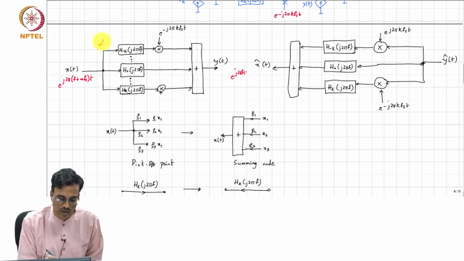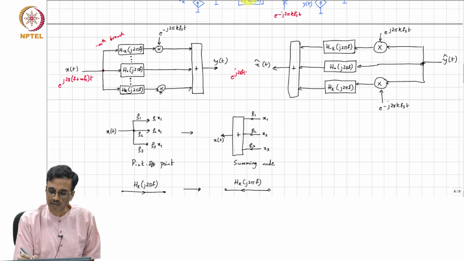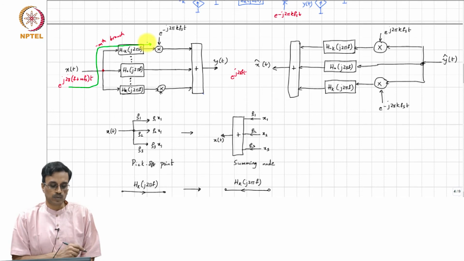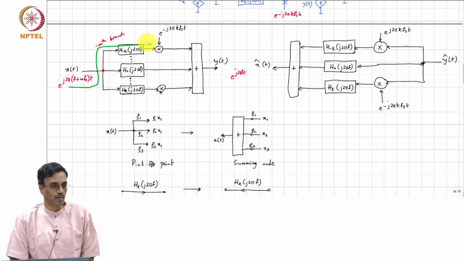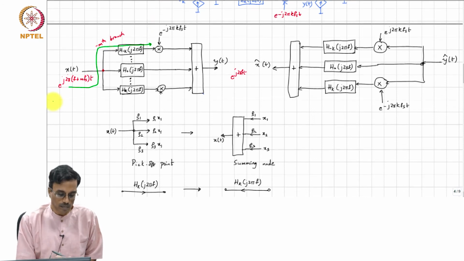So, the mth branch is how the signal will travel. So, for example, this will go like this, and get processed by h minus m of j 2 pi f. So, what will the output be there? H of minus m j 2 pi f into